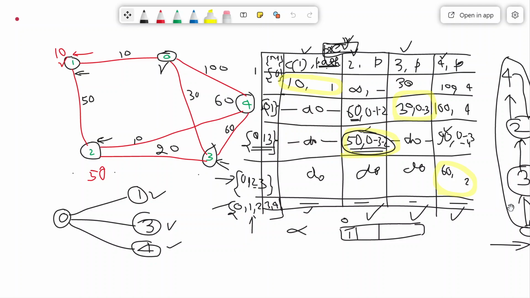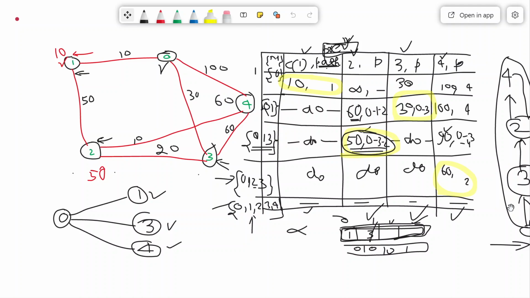So for 1, I suppose I have written here 3. So who is the previous node of 1? It is 3. So you just make an array and you store the final previous node, and that is going to help you compute the least cost path. In the least cost path, whichever previous node it is, you store it there, and initially you may initialize the array with 0.